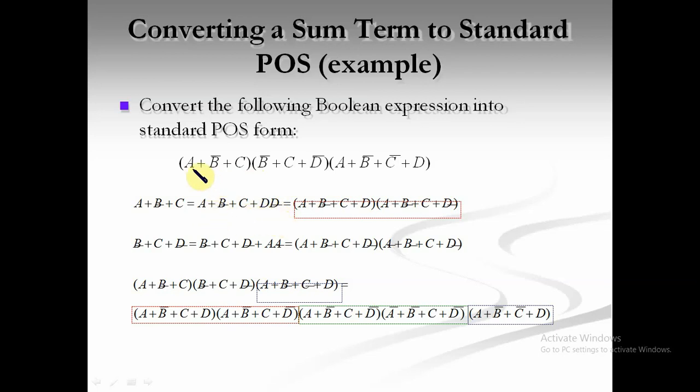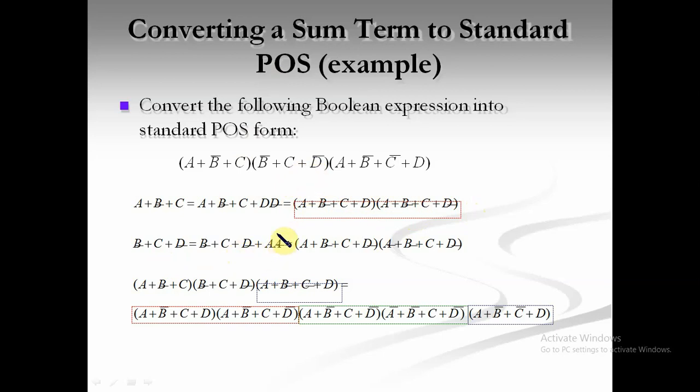Take the first one, what is three. Here there are four variables, and here three, here three. It means here a is missing, here d is missing. Hence we take a plus b plus c, and the missing term d d bar. Then the terms will be separated: a plus b plus c plus d, and the second bracket a plus b plus c plus d bar. Next bracket, a plus c plus d, and the next b bar plus c plus d bar.